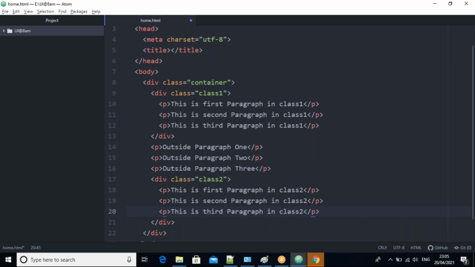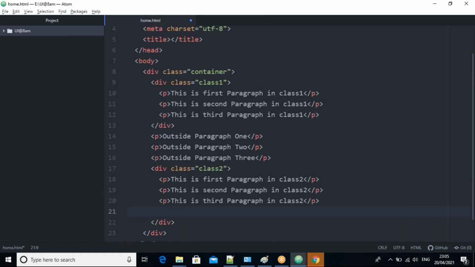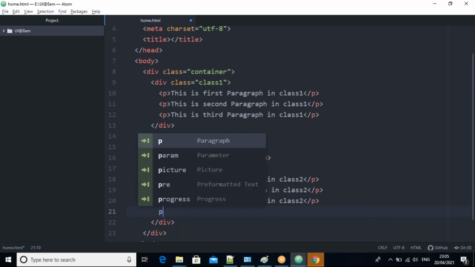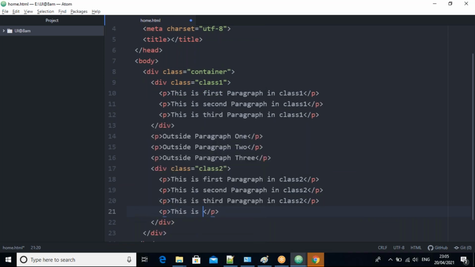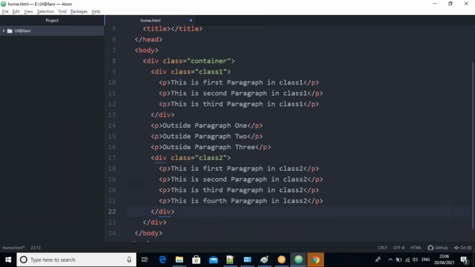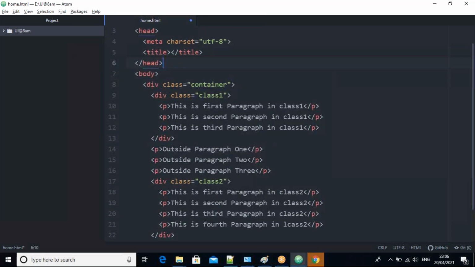Enough, guys. If you want, you can take one more, this fourth paragraph, in class 2. That's all, guys. It's fine now.